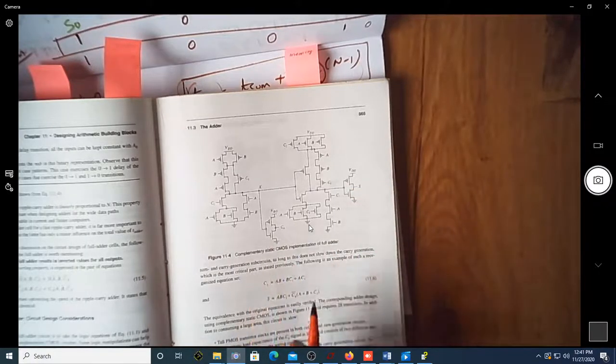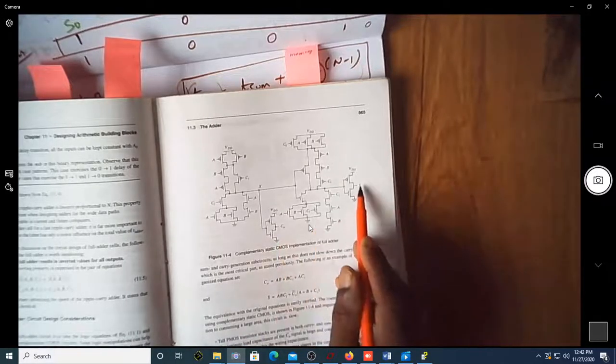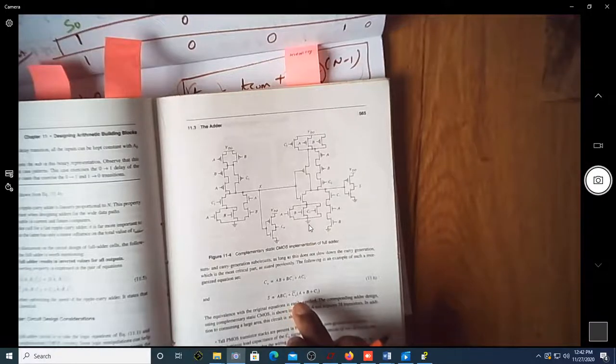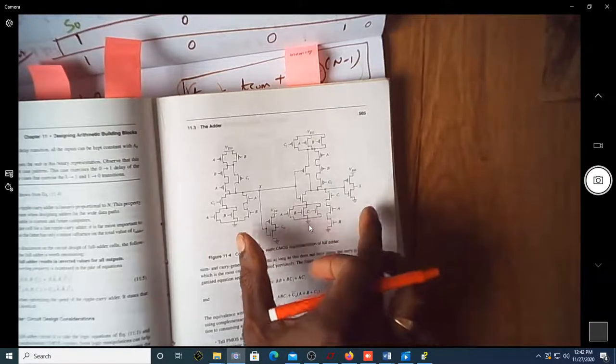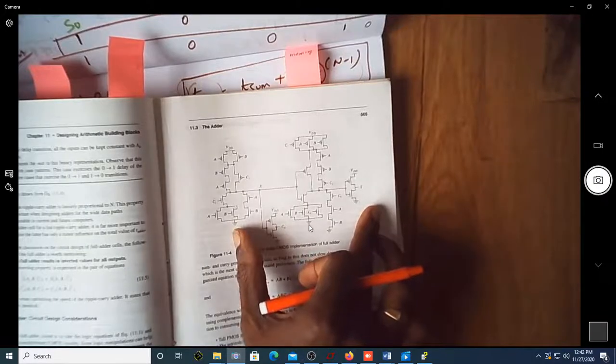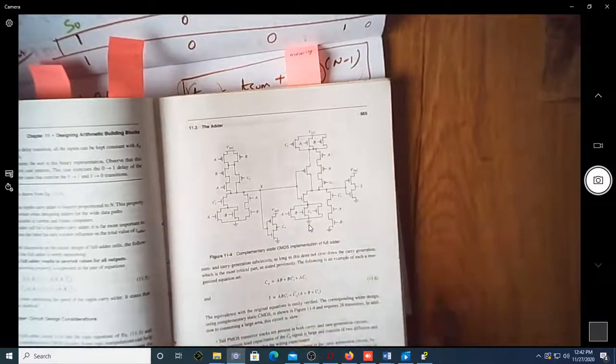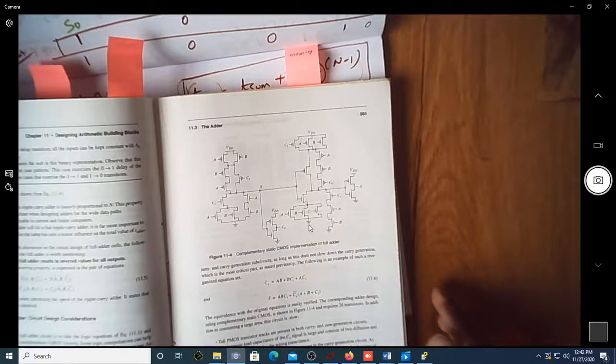So we are now getting the expressions for Cout and sum using this particular logic. What I mean to say is, this is for a 1-bit full adder. If you want a 4-bit full adder, we have to somehow ensure that the time required to generate the carry output is as small as possible. We will see how we implement that particular logic in the next video.